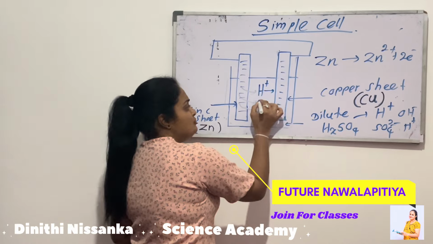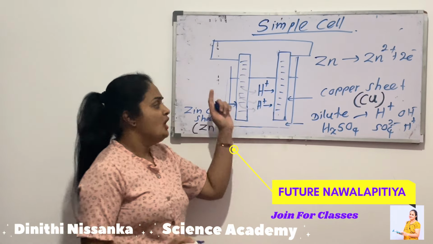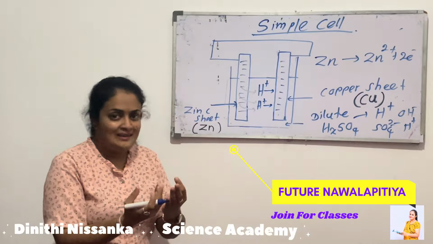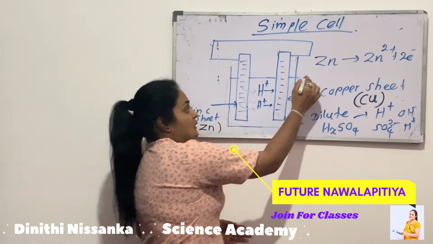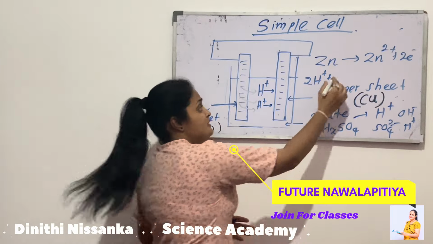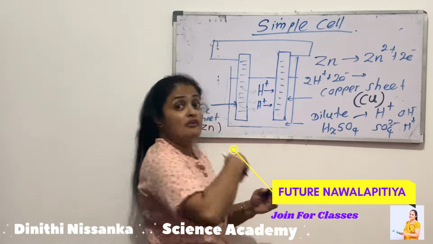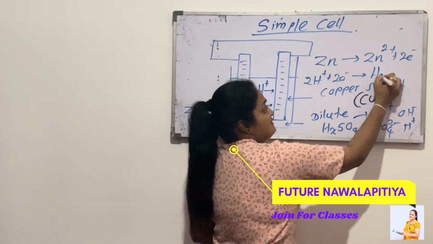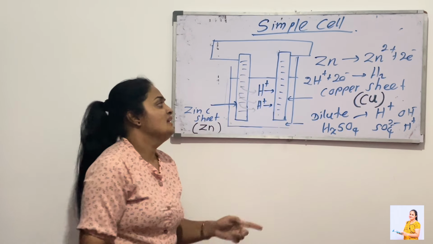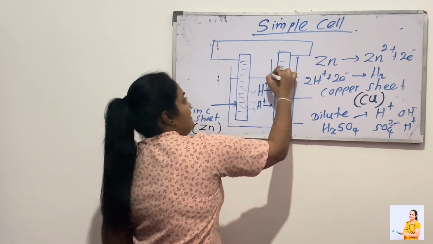Then these H+ ions are attracted towards the copper sheet and obtain electrons, right? Combination of 2 H+ ions obtaining 2 electrons releases H2 gas near the copper sheet. That's the reason hydrogen gas is released from the copper sheet,